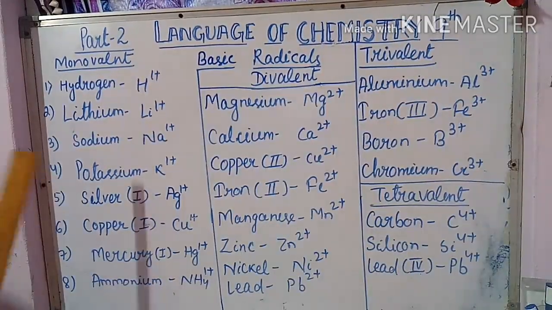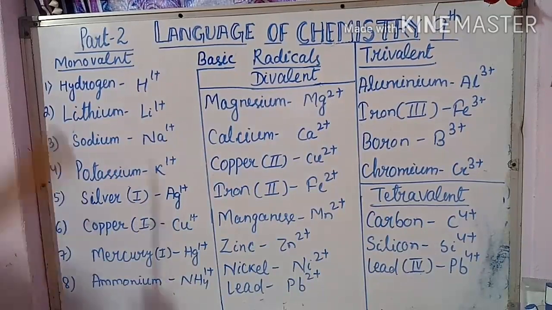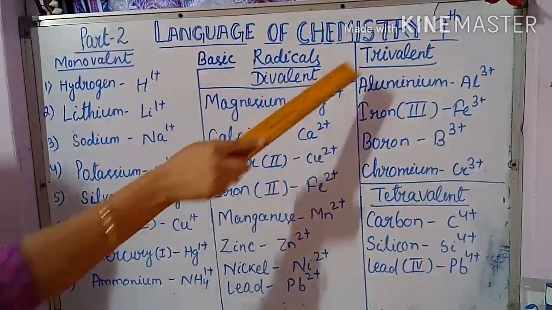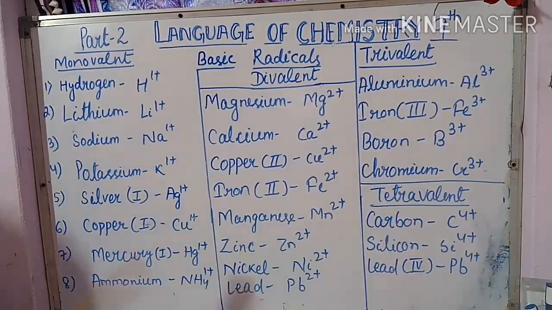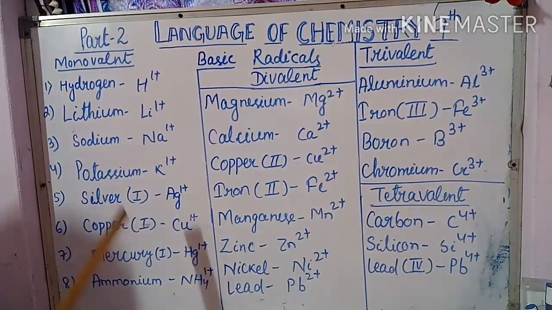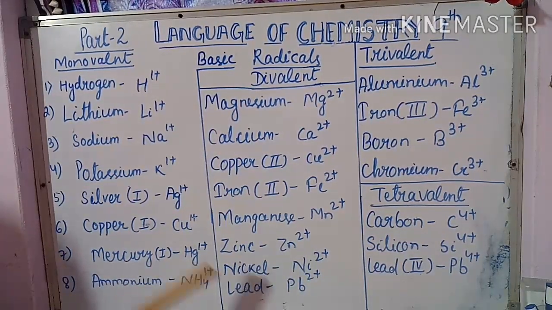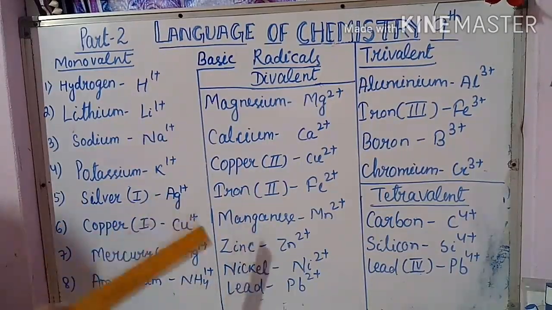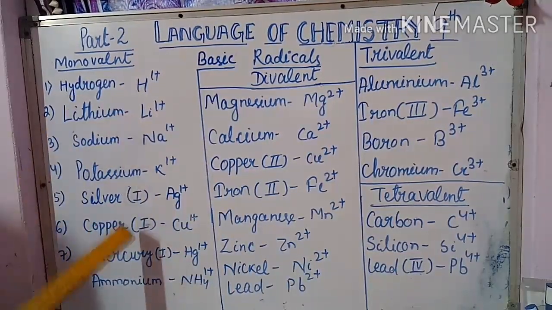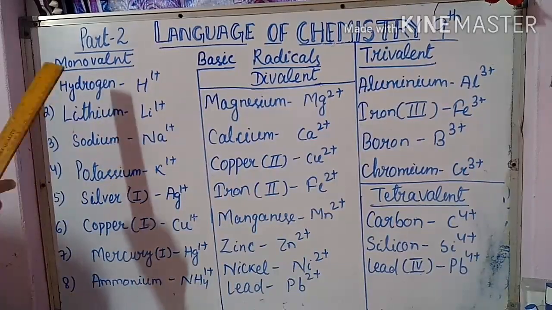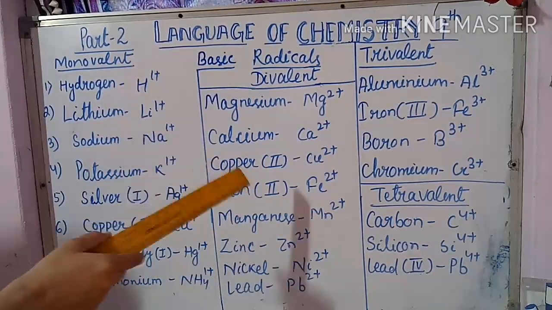Now children, you can see here I have written many of the symbols and their valencies of the basic radicals: monovalent, divalent, trivalent and tetravalent. Now you can copy all these things in your notebook, as I have told that you have to learn this by heart. Many radicals, or elements, show variable valency, that's why here I have written 1, 2, 3, because whenever they show variable valency, according to that their valency will change and they will become monovalent, divalent or trivalent.